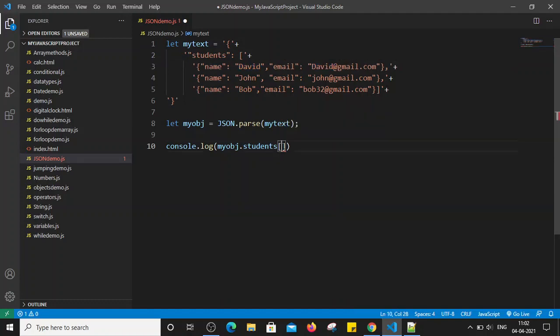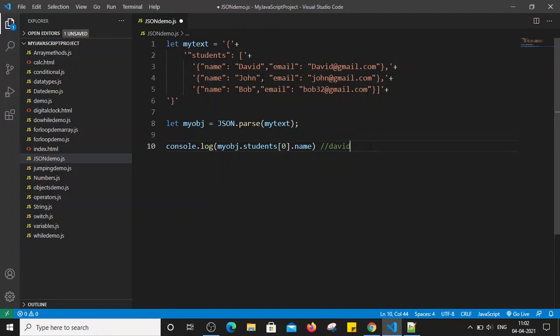So I will simply put 0, and then which key value I want to extract. I want to take the value of the name, right? So I will simply put dot name. So it will give me the value of, sorry, it will give me the value of David, right? That is present at the 0th index, since array index starts from 0.